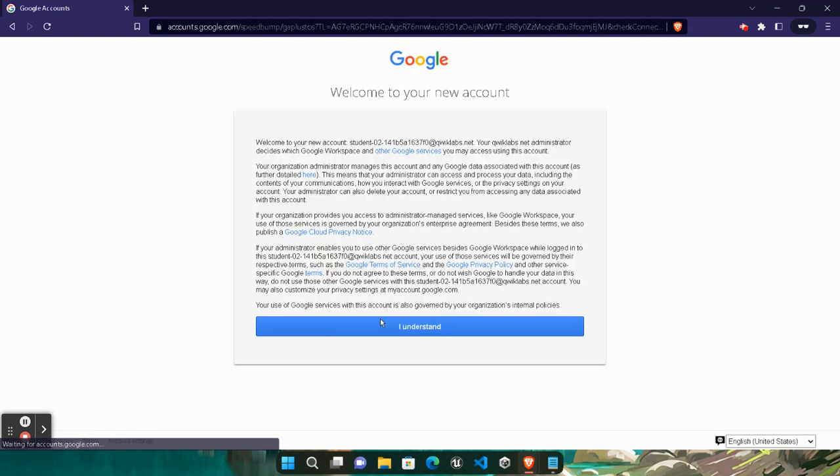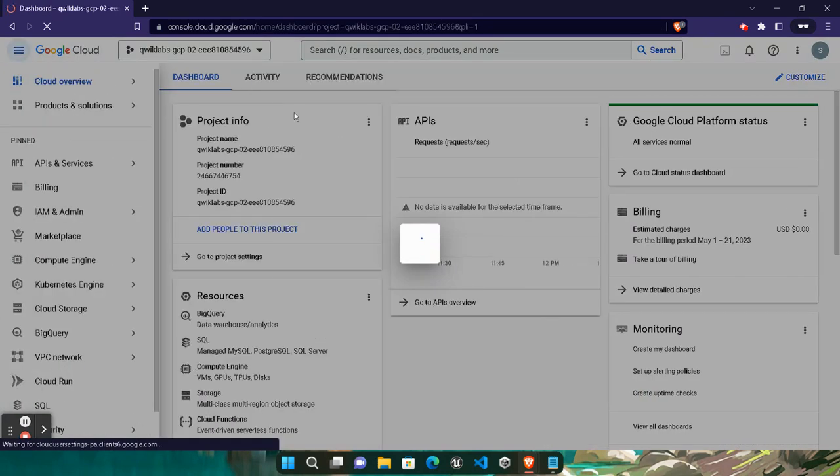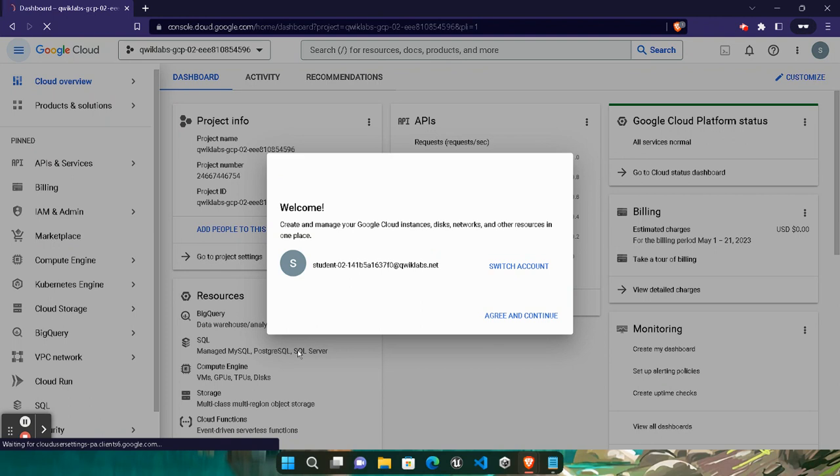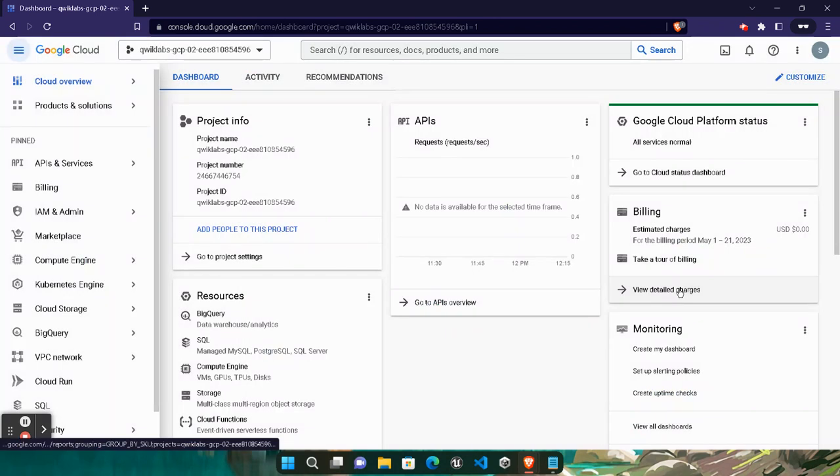Okay, so click on the I understand button. It's a welcome message. After that, you need to accept some terms and conditions. A pop-up of terms and conditions will arise which we need to accept. Click on this checkbox, click on agree and continue. Now to perform the task, you need to activate the Google Cloud Shell. Click on this activate Cloud Shell button on the top right icon and wait for it to synchronize